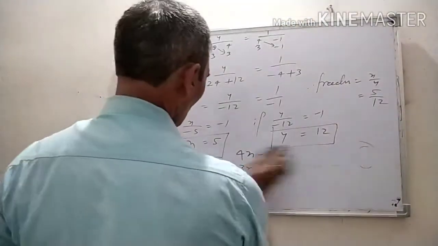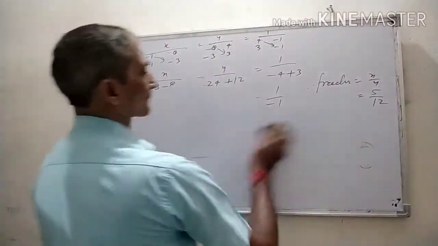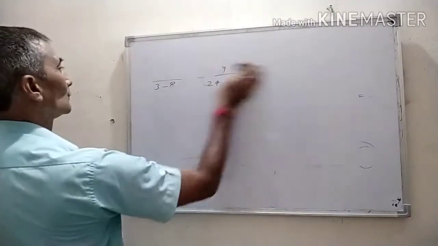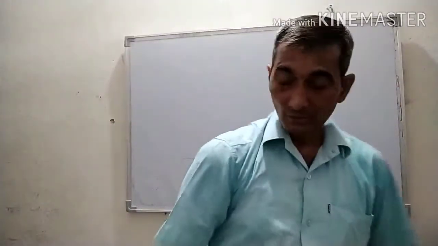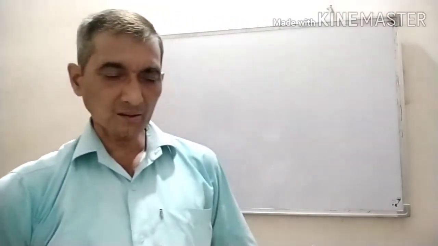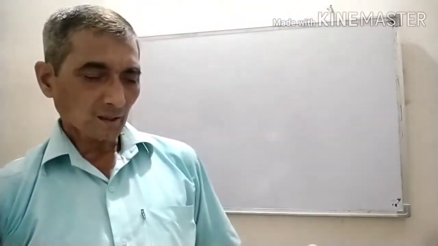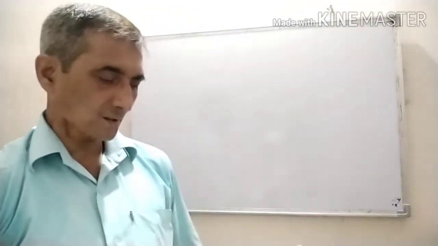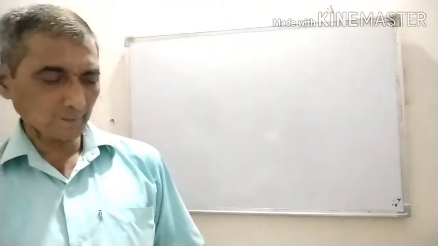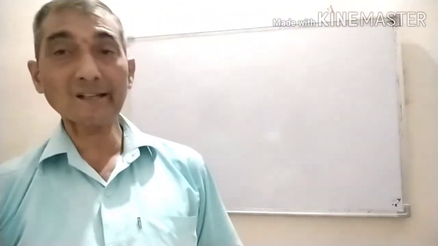Now come to the third question. S scored 40 marks in a test, getting 3 marks for each right answer and losing 1 mark for each wrong answer. If 4 marks had been awarded for each correct answer and 2 marks deducted for each incorrect answer, then S would have scored 50 marks. How many questions were there in the test?